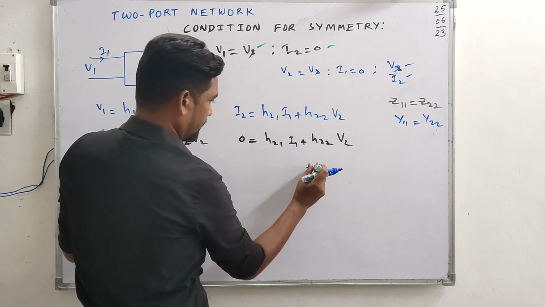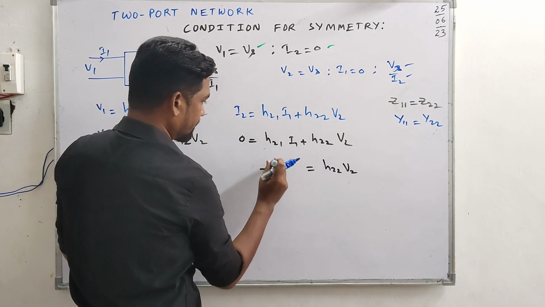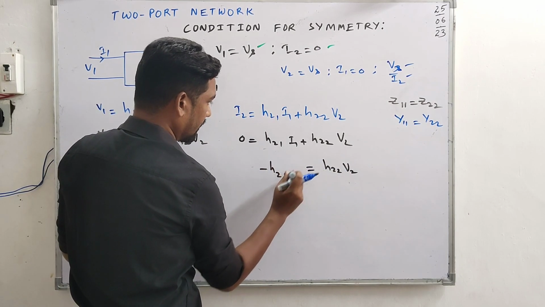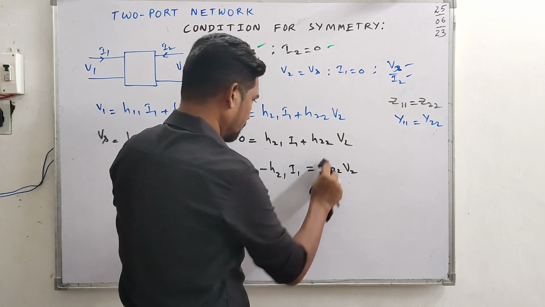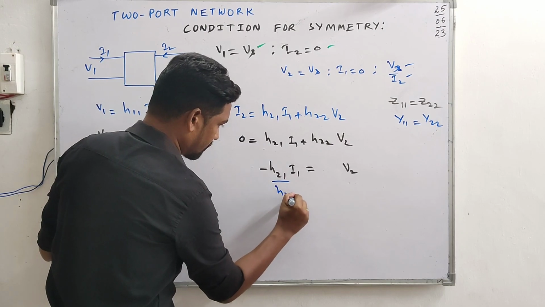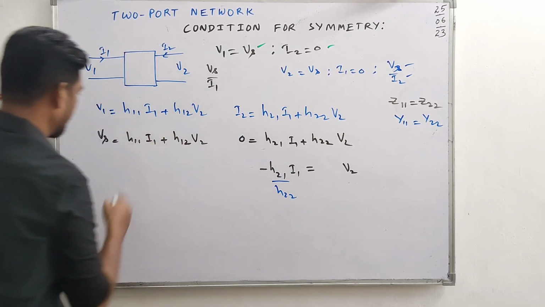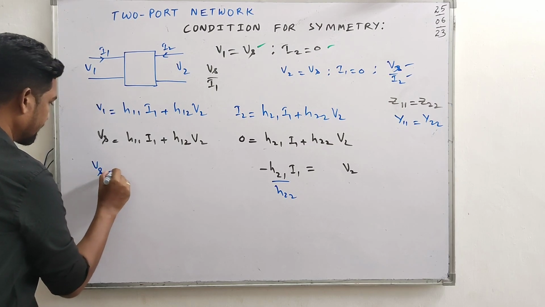Alright, so with this one, which equals h22 v2, it will be negative h21 I1, and also v2 will be equal to, we don't have this anymore, so this appearing over here, it's a h22. This condition over here, plugging over here, what do we have? Vs, which is equal to